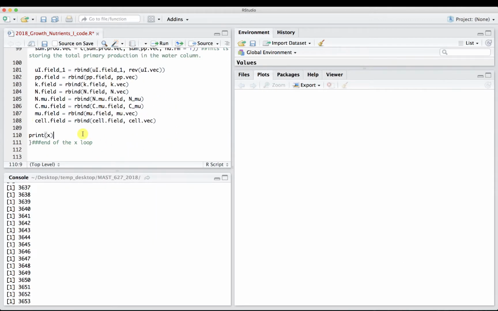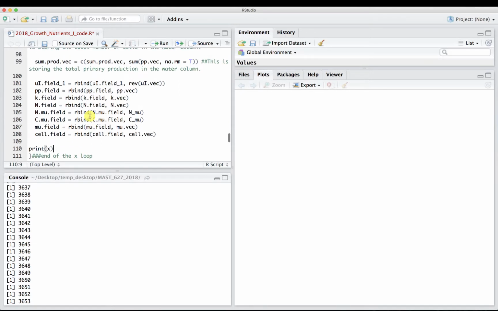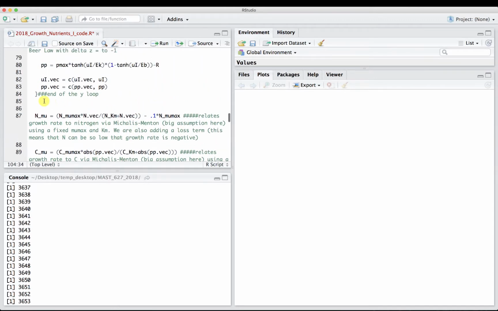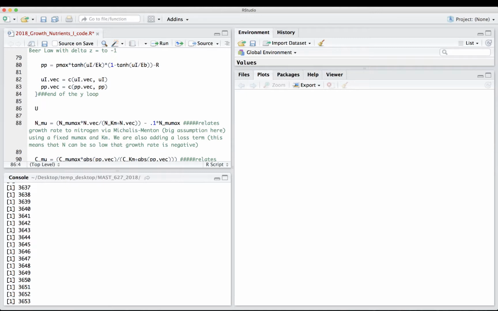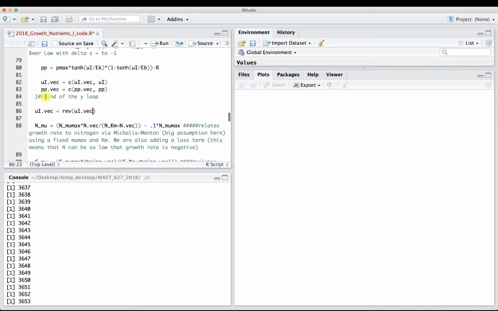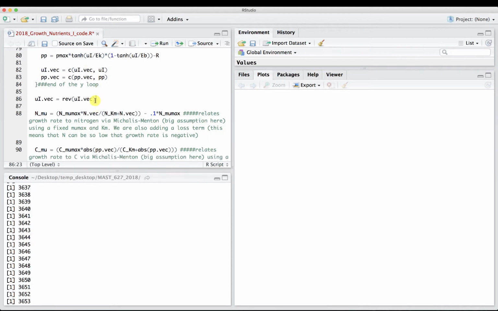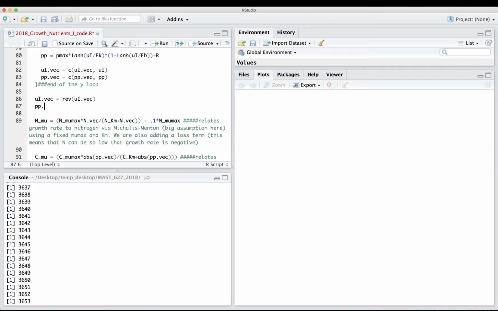Okay, let's take a look to see what we did here. Oh, this is incorrect here, and this is reminding me of something. Let's take this reverse out here, and we're going to insert it up a little bit earlier, right after the end of the while loop. We're going to do UI dot vec equals the reverse of UI dot vec. So remember, we compute it backwards here when we do Lambert-Beer, reversing it around to compute the rest of the model, and we have to do the same thing with pp dot vec